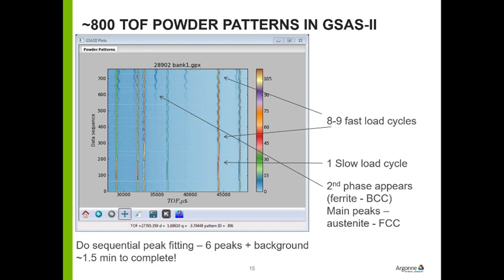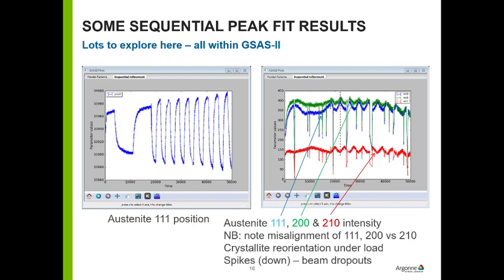So in this particular case, the big peaks are austenite, and the ones that show up are ferrite, this piece of steel. And if you track the position of one reflection, you can see the reflection position shifts back and forth depending on the loading. Okay. And if you look at it very carefully, there is a slight relaxation in the lattice parameters as you put more and more stress on it. You've actually sort of started to ruin it, basically. And if you look at the intensity,